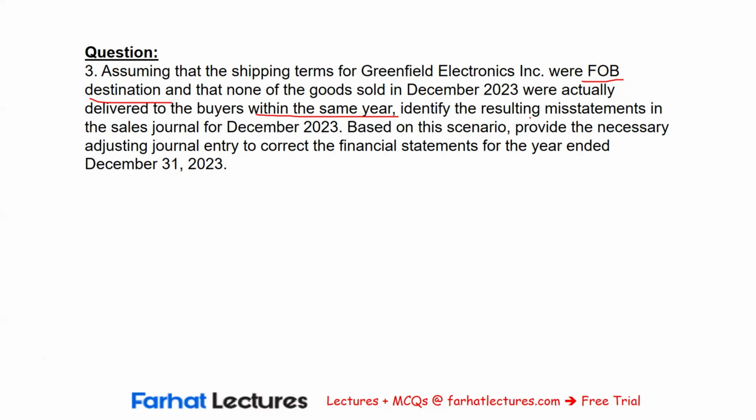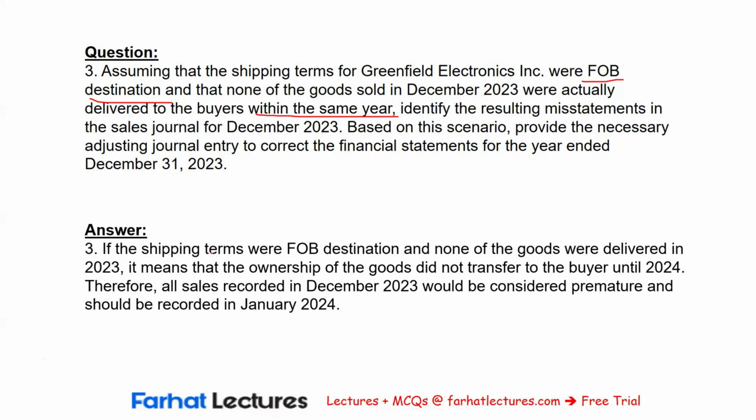We need to identify the resulting misstatements in the sales journal for December 2023. And based on this scenario, provide the necessary adjusting journal entries. So here, if the shipping documents were FOB destination and none of the goods were delivered in 2023, it means that the ownership of the goods did not transfer to the buyer until 2024. Therefore, all sales recorded in December 2023 would be considered premature and should be recorded in January 2024. Here we only have an overstatement issue